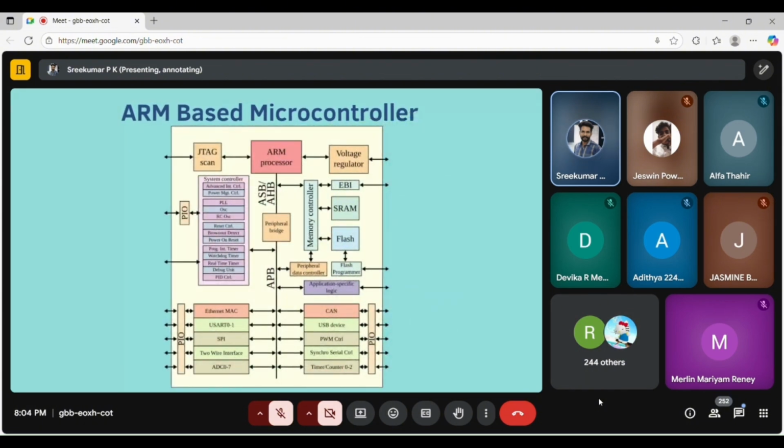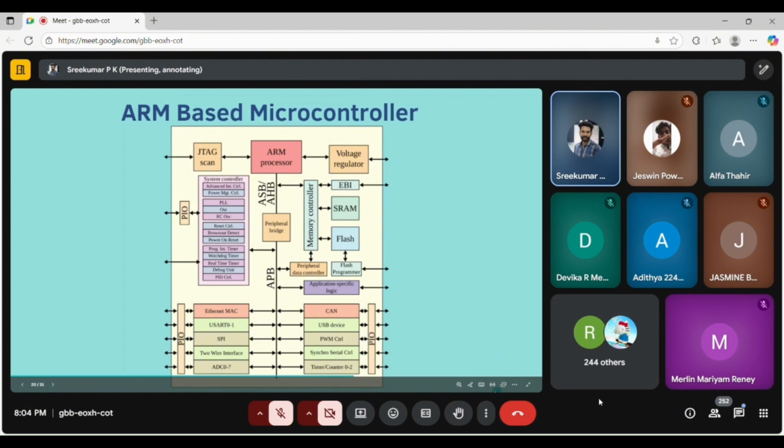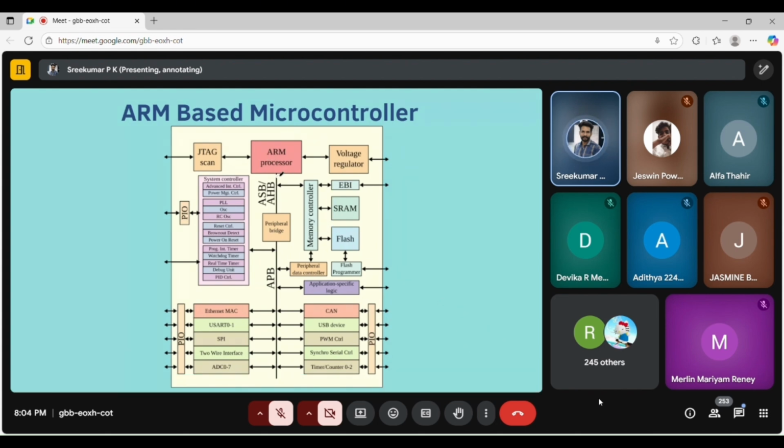Moving to the next slide. So this is an ARM-based microcontroller. You can see the ARM processor, ARM CPU here. You can see it is accessing data with the help of different buses. If you want to learn ARM architecture in depth, you have to understand two buses, that is AHB, advanced high-performance bus, and APB, advanced peripheral bus.